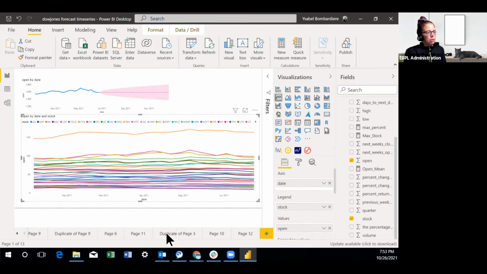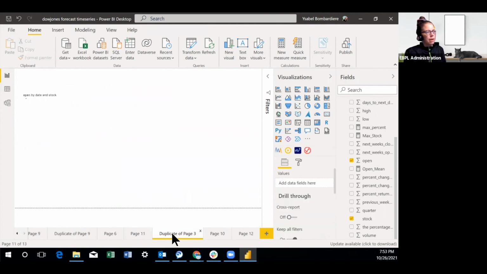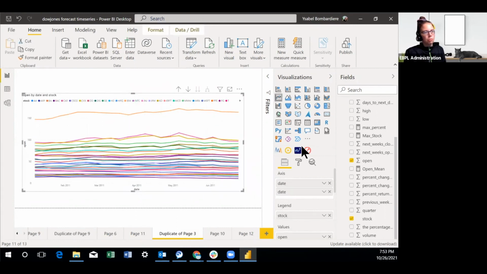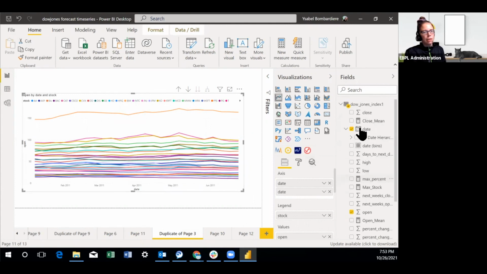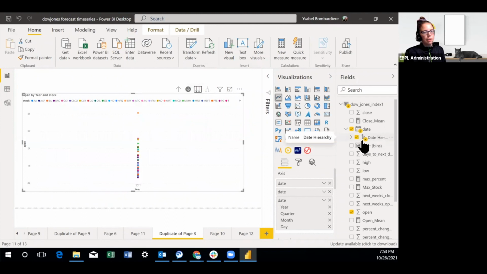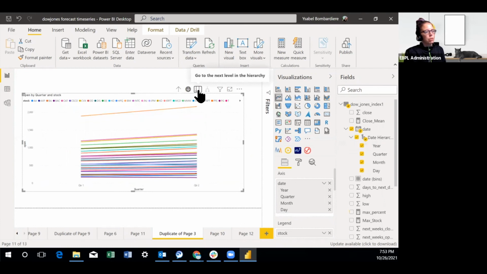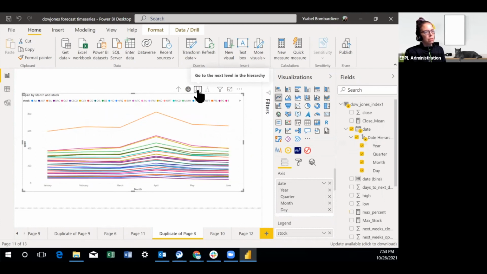The other interesting way is if you use the hierarchical way. In this case, you can drill down. So you can go here and drill down. So I'm using the hierarchical way here. I'm gonna take this one, so I just use it. So I can go and drill down: year, quarter, month, day,